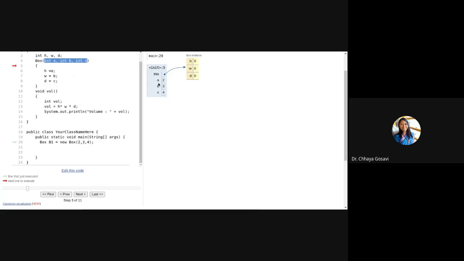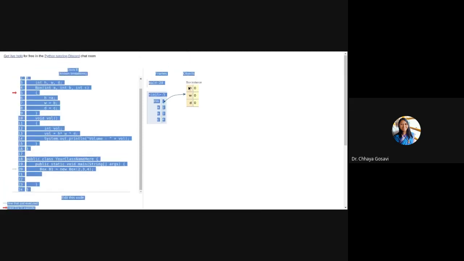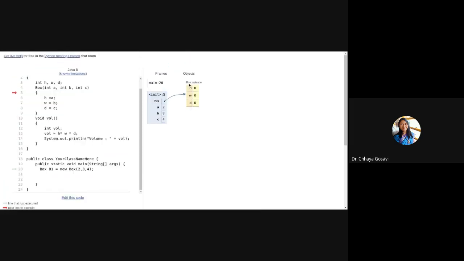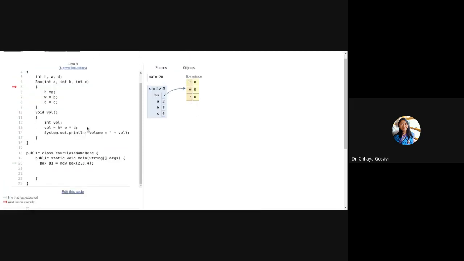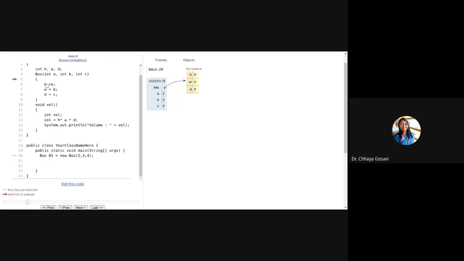So it has taken these values a, b, c, and this pointer is pointing to the current object, that is the Box instance, with height, width, and depth initialized to 0. When these three statements execute sequentially, height will be initialized to a, width will be initialized to b, and depth will be initialized to c. And this is pointing to this object.